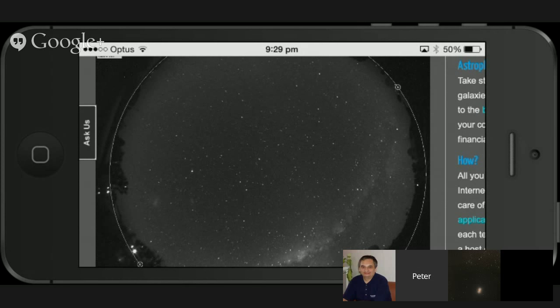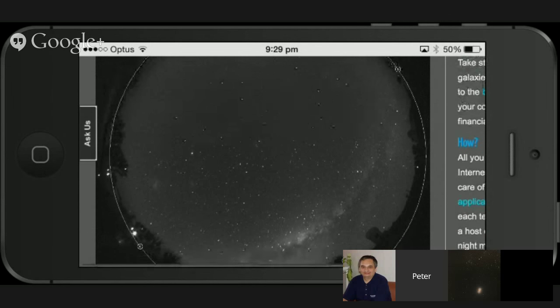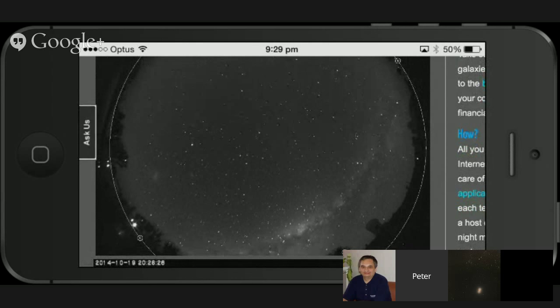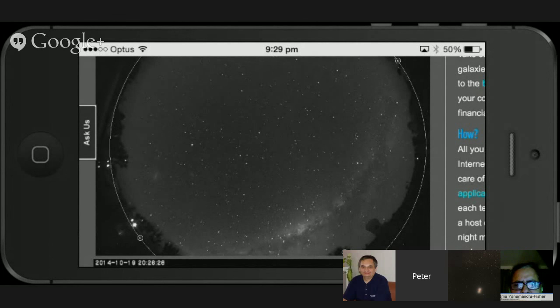Just while you're doing that, on my screen I've got the all-sky camera here. It's quite clear at Siding Spring. You can see down the bottom here the 3.9 meter AAT in the all-sky camera, and this is the Milky Way, with the dark dust lanes where the comet's going through at the moment. So we'll come back to that shortly. As soon as the run starts, in about 5 minutes, I'll show you the live images that are going to come off